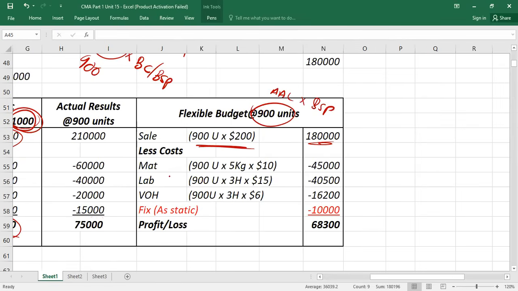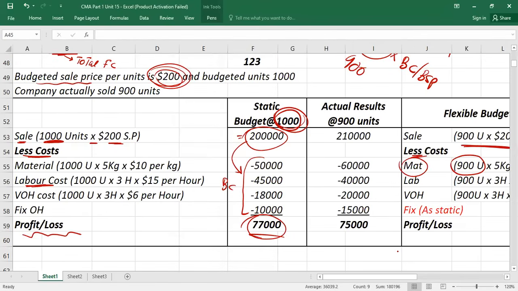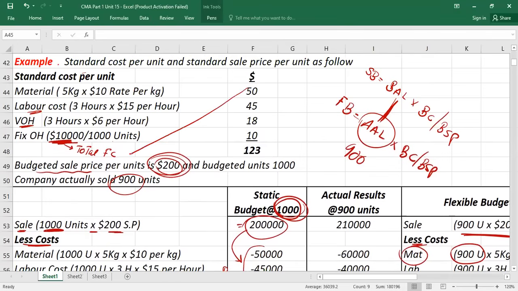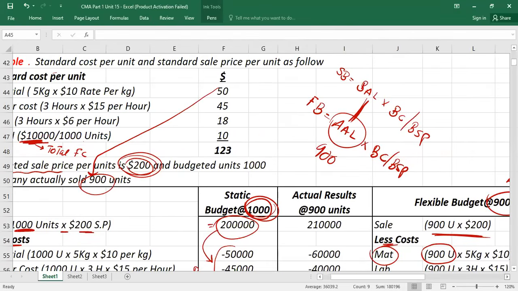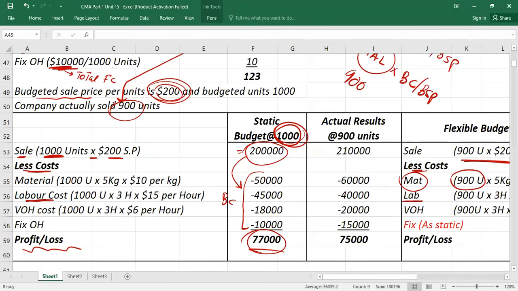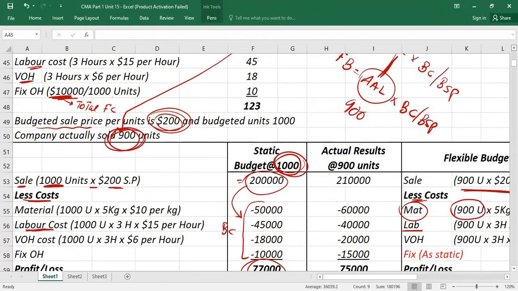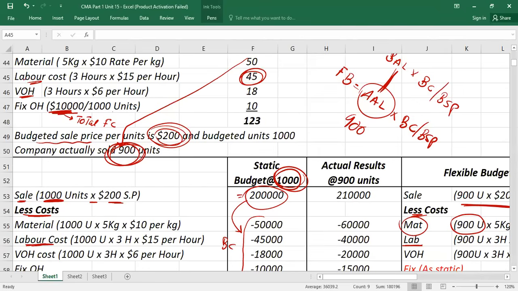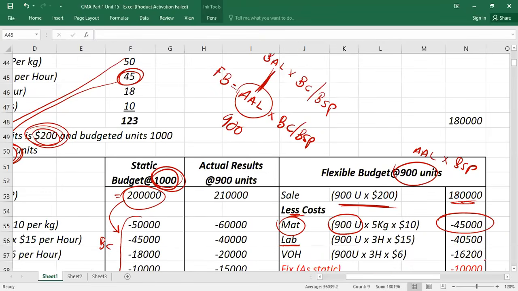Then I will deduct the costs. If I want to write material cost, I'll take actual units into budgeted material cost. Actual units are given here, 900, and the budgeted material cost is 50. So 50 times 900 gives you a material cost of 45,000. Now for labor cost, I'll take actual output, which is 900 units, and multiply with the budgeted labor cost, which is 45 here. So 900 times 45 gives you